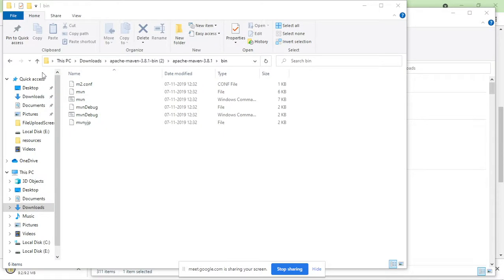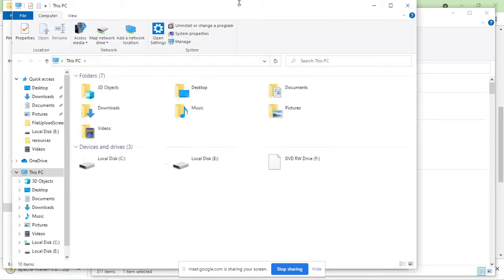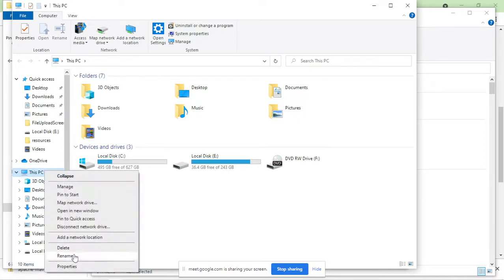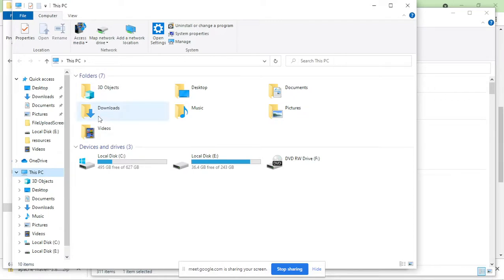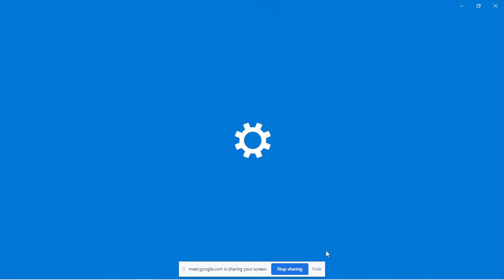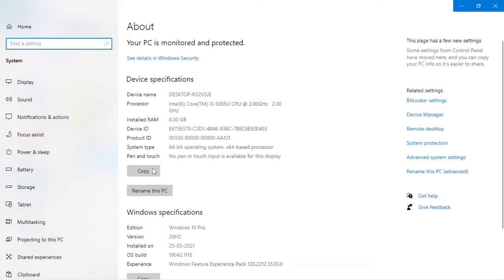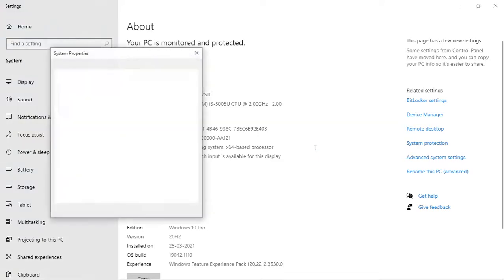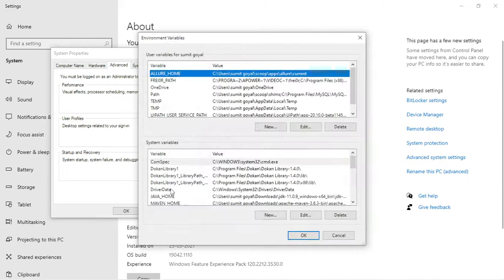So let me go to This PC, right click it, Properties, and here if you go to Advanced system settings, and here you can see I have one Maven home, right?